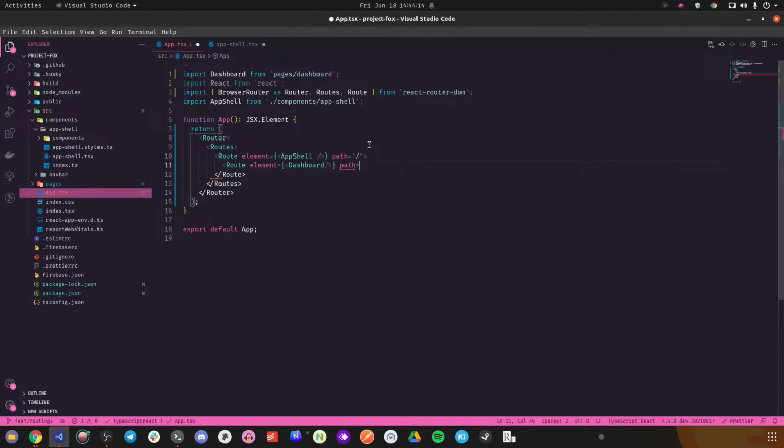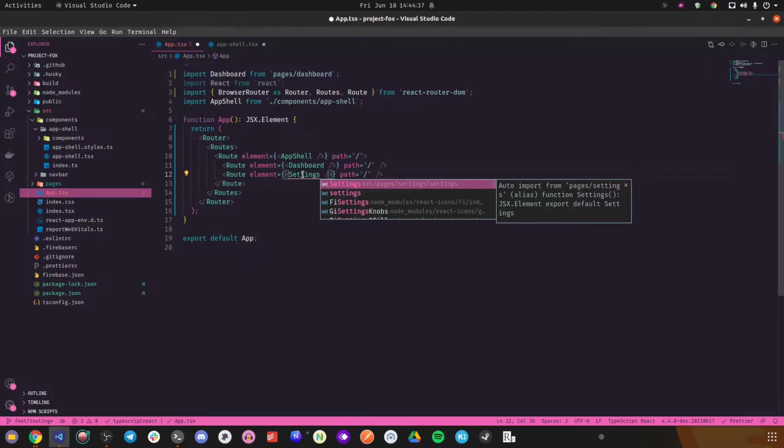The path will make use of the relative path. So when app shell opens and there is nothing in the path, dashboard will open by default, so we'll keep it at slash. All right, and when it says settings, we'll specifically open settings, and we'll have to import